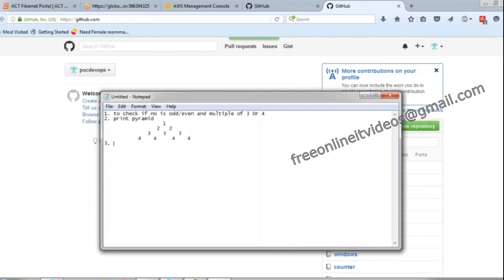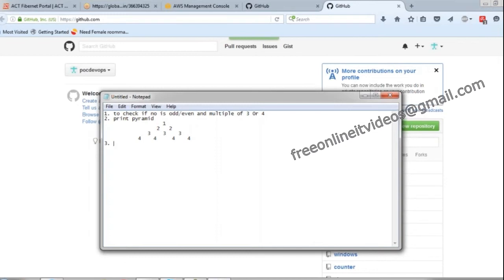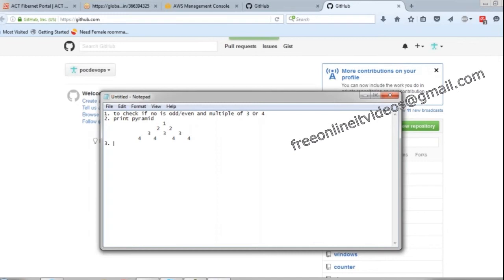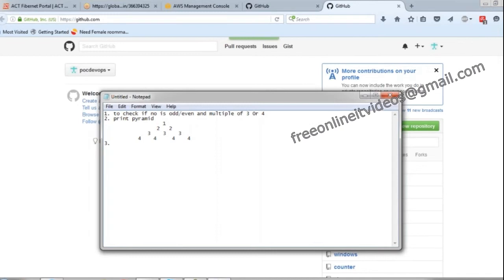Okay, thank you, good. I'll give you a steps assignment when I'm in Jenkins. As of now, this is the work you'll be completing by tomorrow, probably. You have some time now.